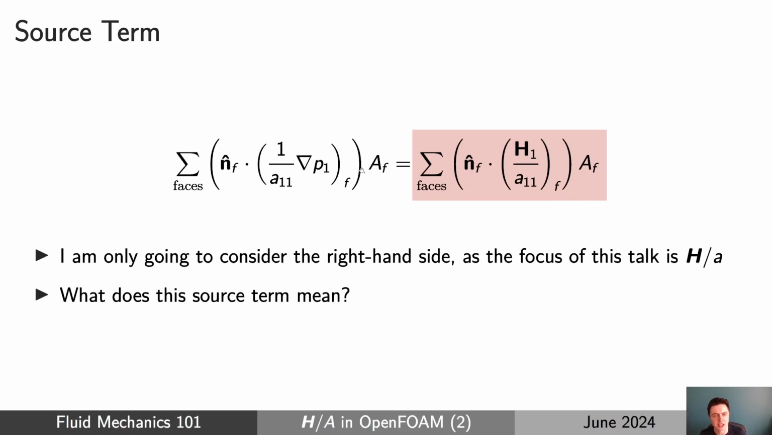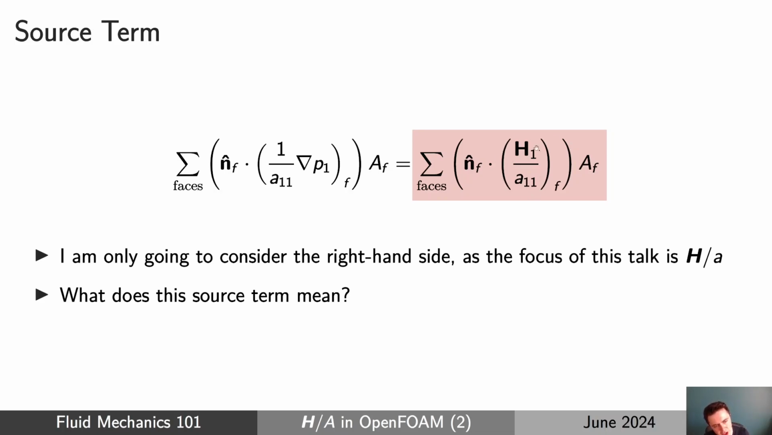The left-hand side is slightly more complicated because we have to do things like Rhie-Chow interpolation to prevent checkerboard oscillations, and I don't really want to go into that in this talk. I just want to focus on the right-hand side. And you'll remember just from earlier in the talk that the right-hand side represents the source term in the pressure